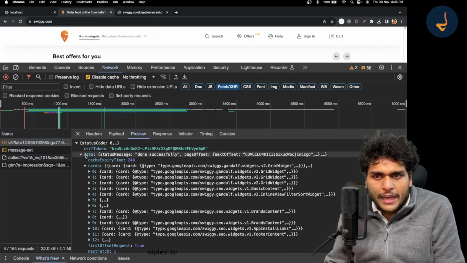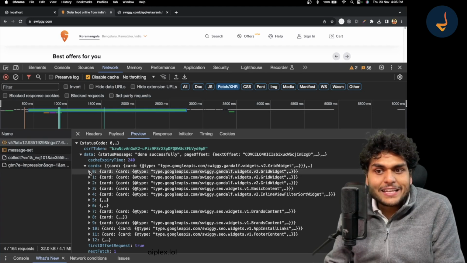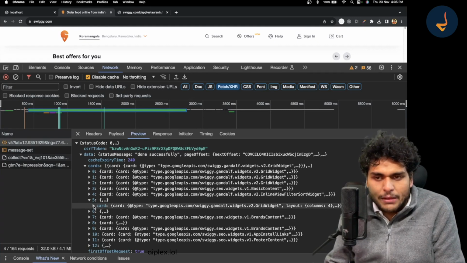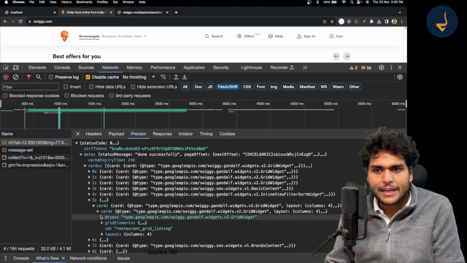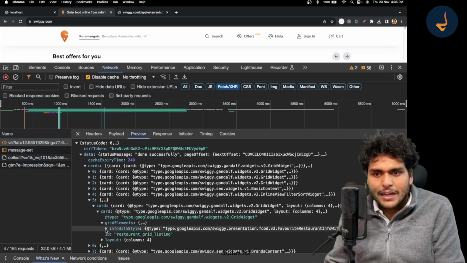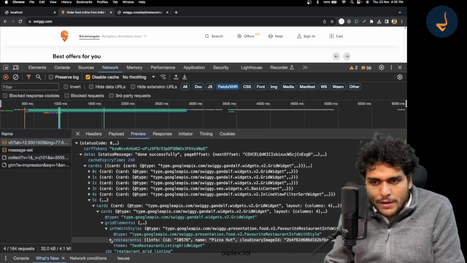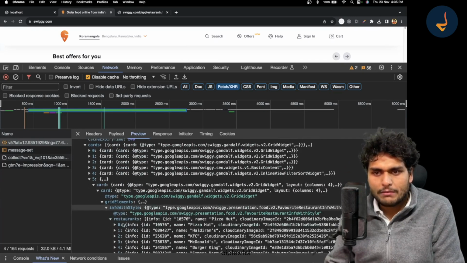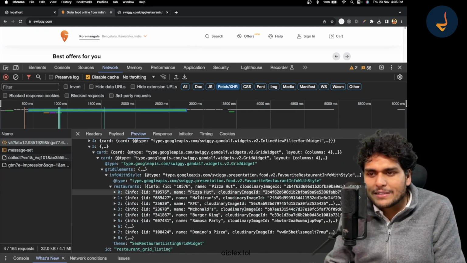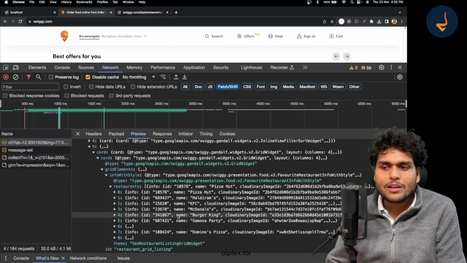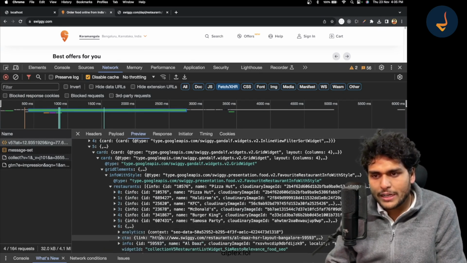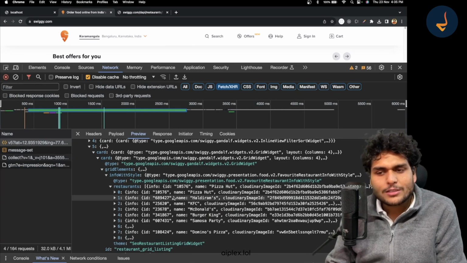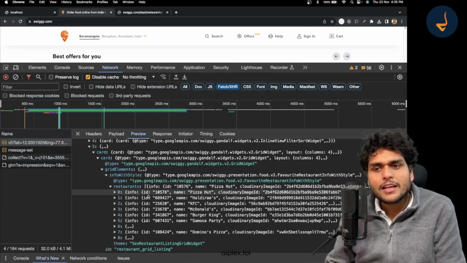So we went into this API, data, cards, and in our sixth card: first, second, third, fourth, fifth, sixth. If I open this card, and open it once again, and I open my grid elements, my info with style, and my restaurants, it gives me the list of restaurants. See this very clearly. These are the list of restaurants we want: Pizza Hut, Haldiram, KFC, McDonald's, Burger King, Samosa Party, and whatnot. These are different types of restaurants coming over here. We want all these restaurants. This is the list we want.